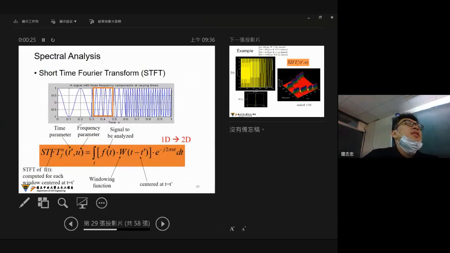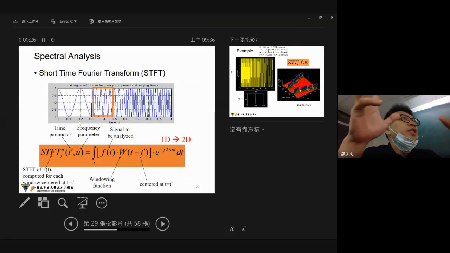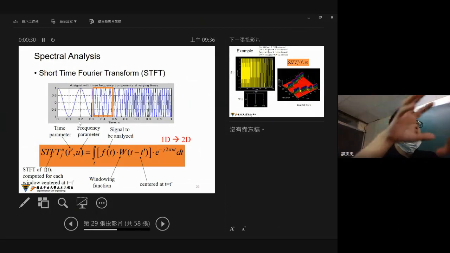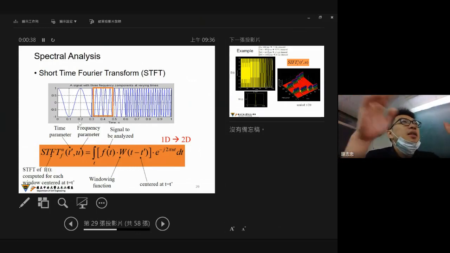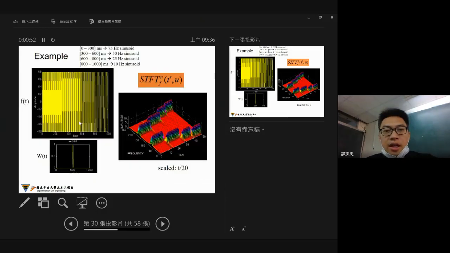The traditional Fourier transform can only be applied to the time invariant signal. For the time variant signal, the frequency will change with time. So how can you deal with this kind of time variant signal processing? We are talking about the short-time Fourier transform, and also